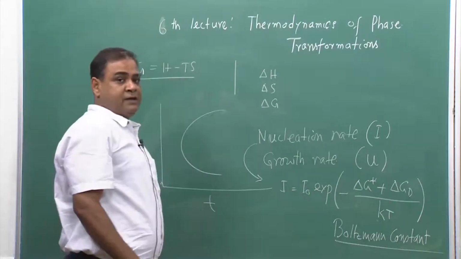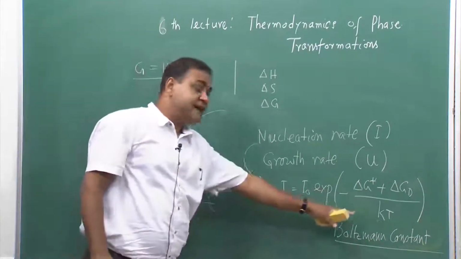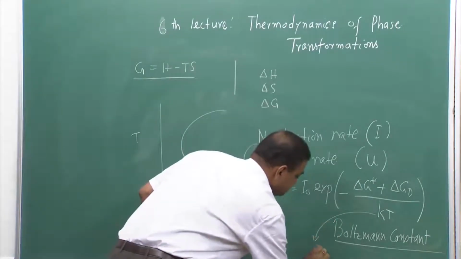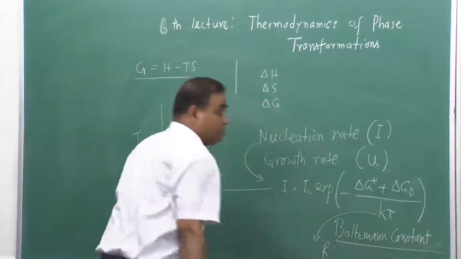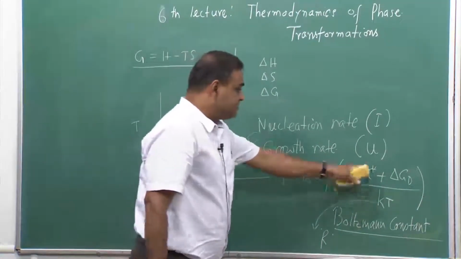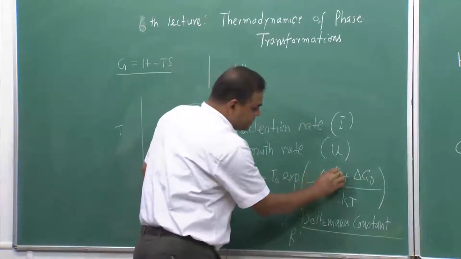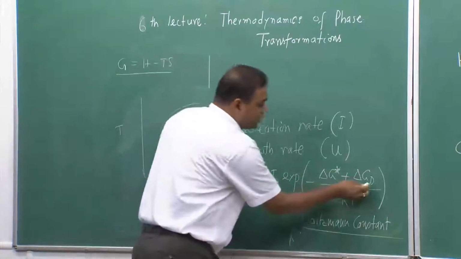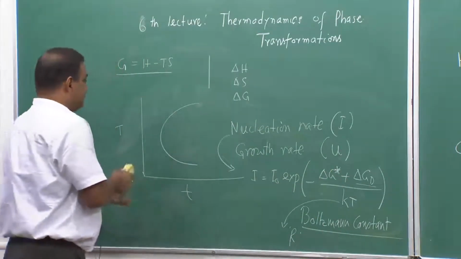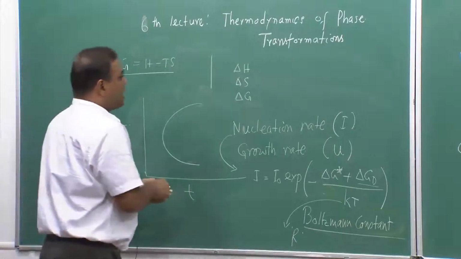Boltzmann constant. If it is per atom, then k. If it is per mole, then this Boltzmann constant goes to the universal gas constant, R. Now, in this we are seeing that there is a term called ΔG*, and a term called ΔG_d. Now, this ΔG_d as well as ΔG* are called